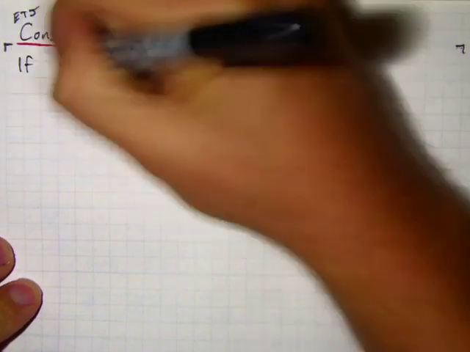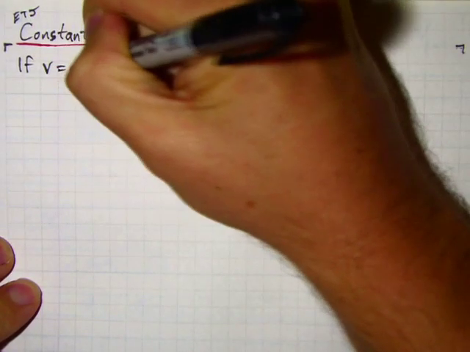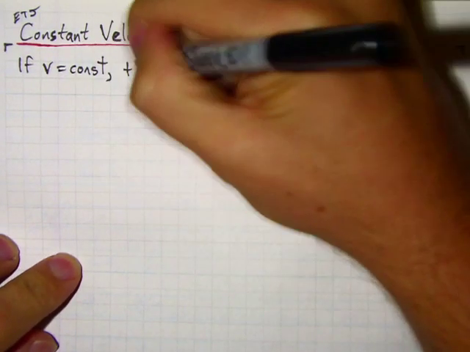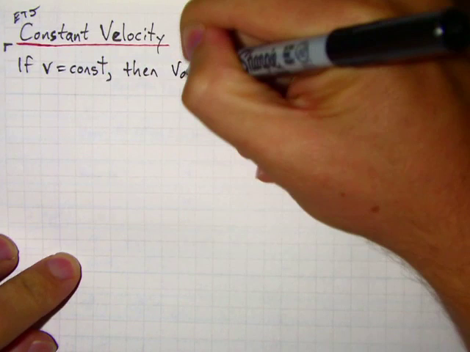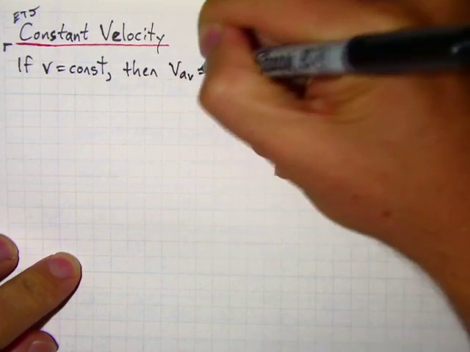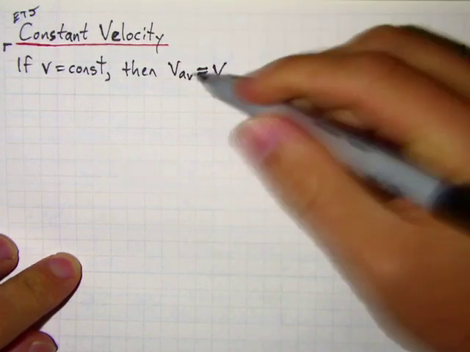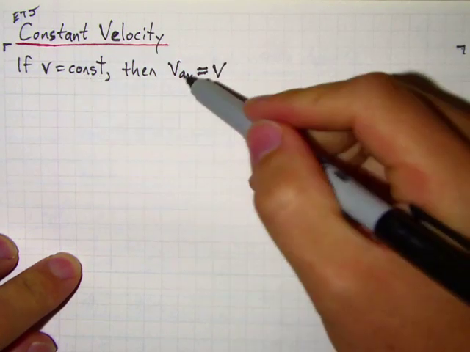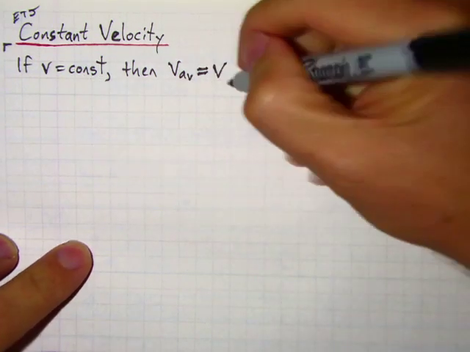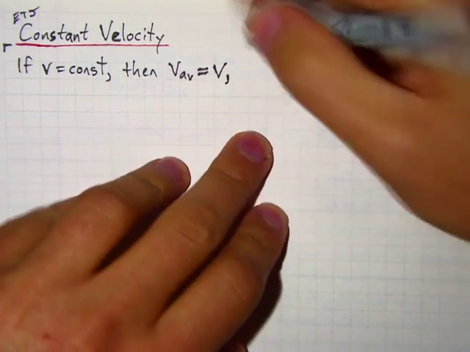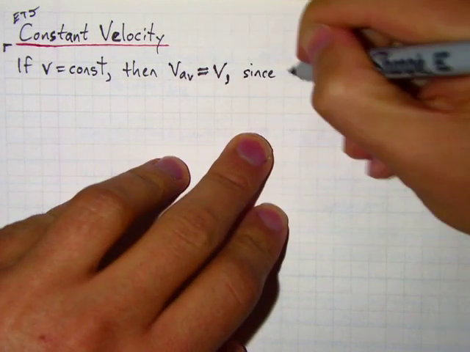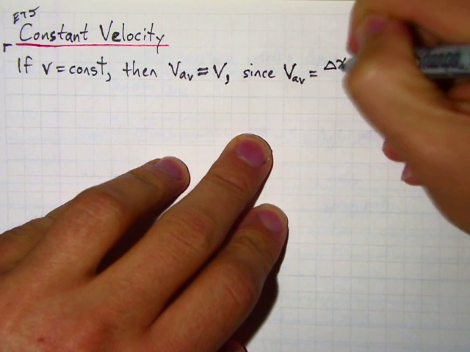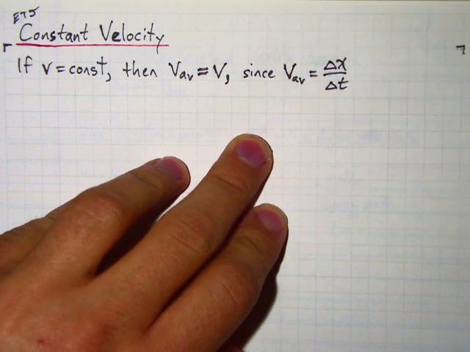If an object is moving with constant velocity, meaning its velocity is not changing, then its average velocity is just equal to its velocity. If it's always moving at, say, a constant 20 miles per hour, then on average it's moving at 20 miles per hour. And if that's true, then since by definition the average velocity is the displacement over the time,